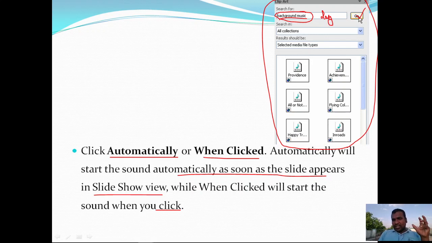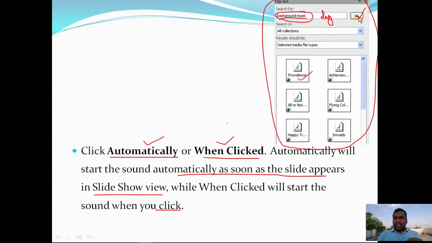Then those files are going to be displayed here. So among these files, you need to choose any one of the files, and that sound is going to be added into the slide. Okay, so after choosing, you need to go with either the automatically or when clicked option. If you go with automatically, when the slideshow is presented in the slideshow view, the sound is started automatically.